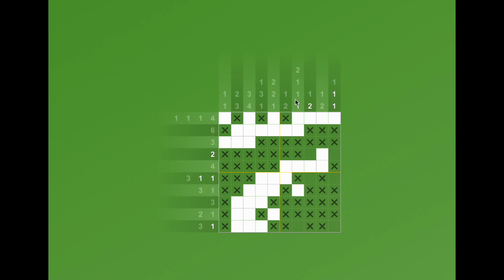See, this column I have 2, 1, 1, 1. Now this row is complete. This row I